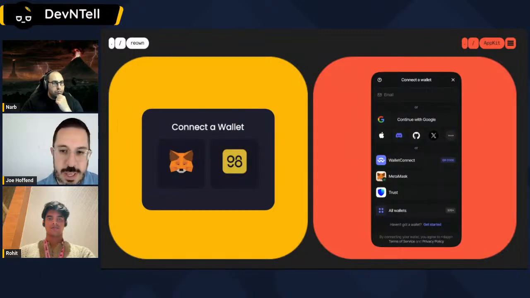So just as an example, if you're still trying to figure out, like, what is AppKit, why should I use it? So on the left is basically a screenshot I took a couple of days ago from a dApp I was trying to use. And when I went to click to connect my wallet, the left side is what came up. It was homegrown. The builder obviously just threw something together really quick and basically said, hey, either use MetaMask or this other wallet to connect. And I said to myself, well, I have other wallets that I use. MetaMask is awesome. It's popular. But at this point, people are using all kinds of different wallets. So in this case, this builder, unfortunately, is probably just blocking out a whole ton of users from actually being able to even connect or use their dApp.